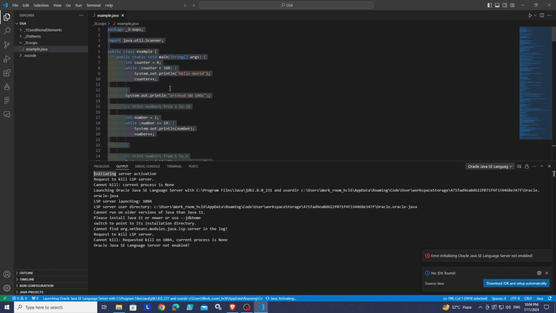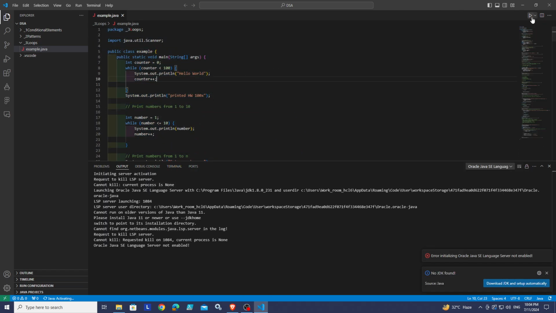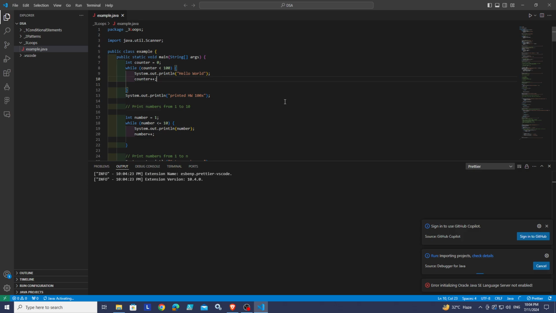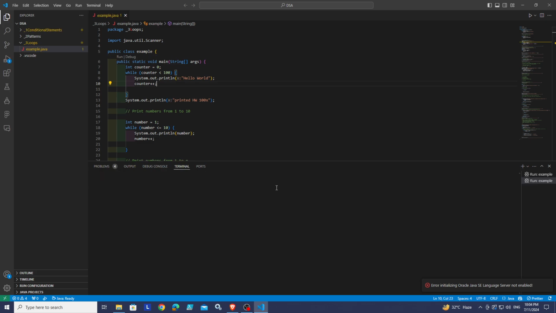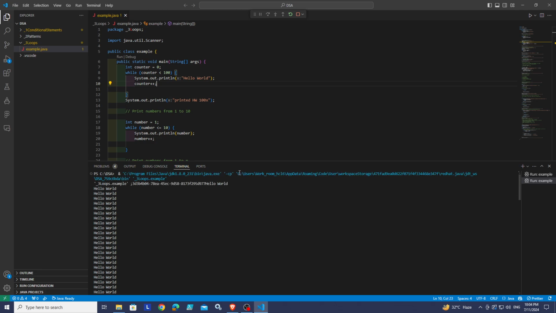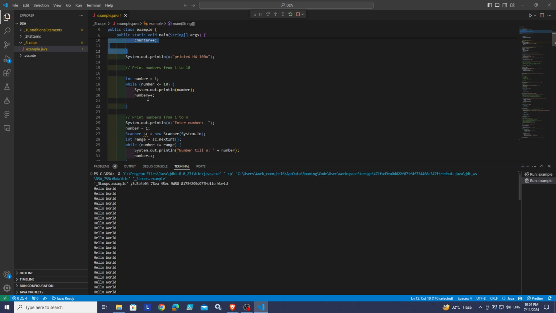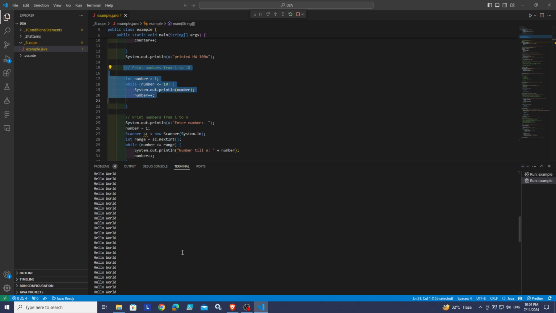Okay, let me run it. Initially we are printing hello world 100 times, then we are printing numbers from 1 to 10, then